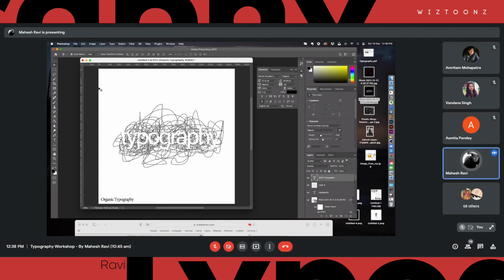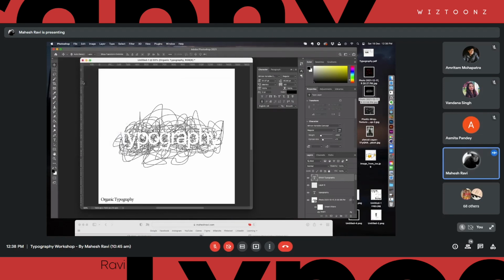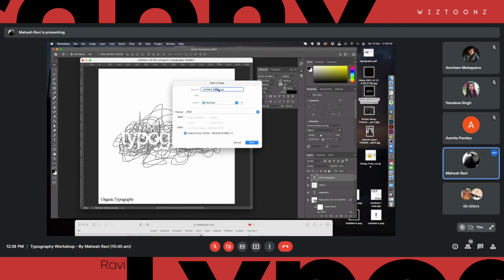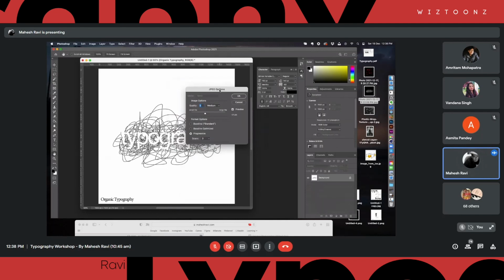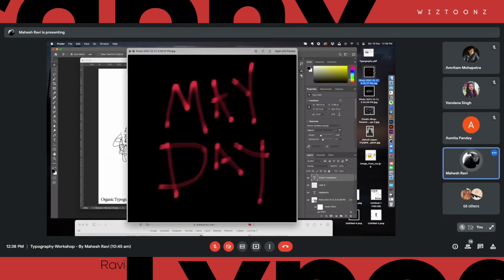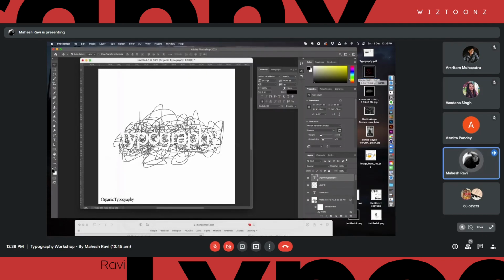We are combining organic elements with typography. Now another thing that I've done in the same vein is that this is something that I just scribbled on the phone. I just have this in my phone. That's also a very interesting concept that you can use in a design to make it stand out.